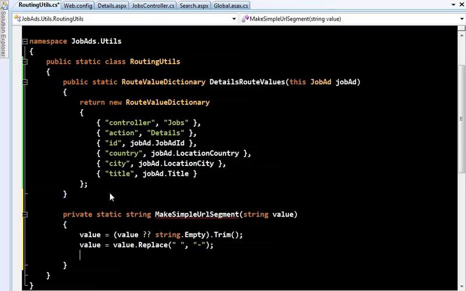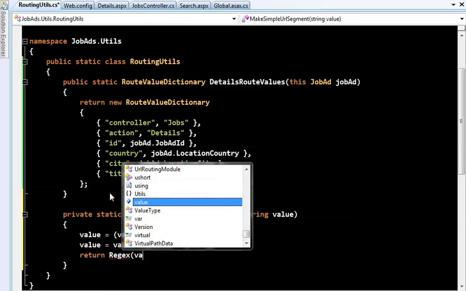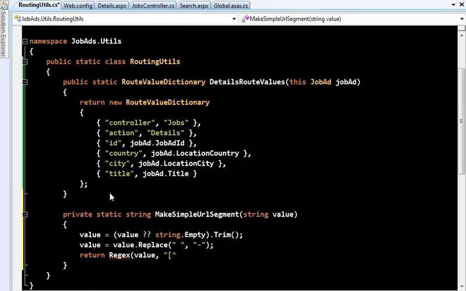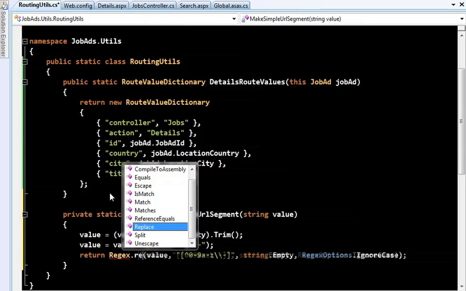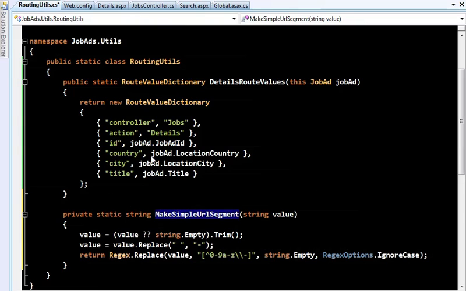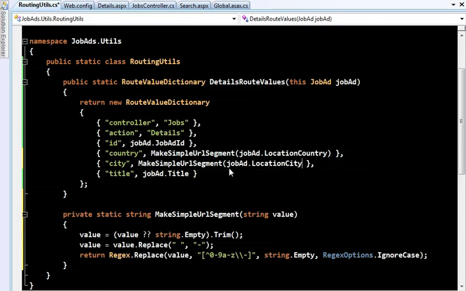And finally, I don't want any unusual characters in these simple URL segments. So I'll use a regular expression to replace any character that's not simply 0 to 9 or A to Z, or the dash character, and get rid of it. And of course that should be done case insensitively. And now when we're returning these root values, I will replace anything that could contain special characters with a simple value. I know this is potentially losing information, but we don't care because we're actually ignoring all of these special URL segments. They're only there for search engine reasons anyway. Oh, and finally, I'll have the whole thing in lowercase.